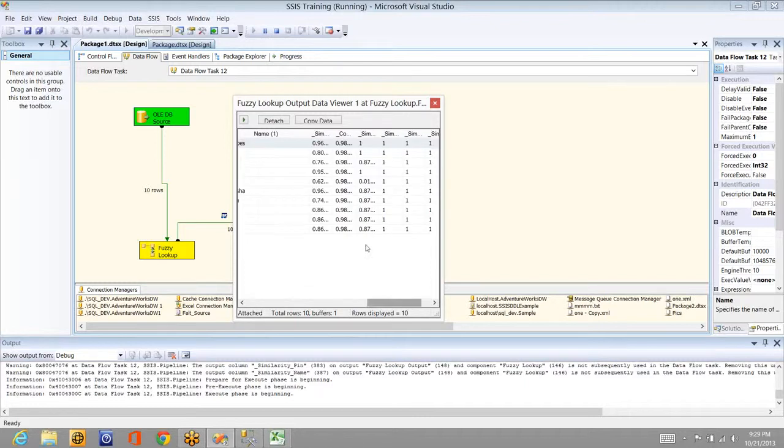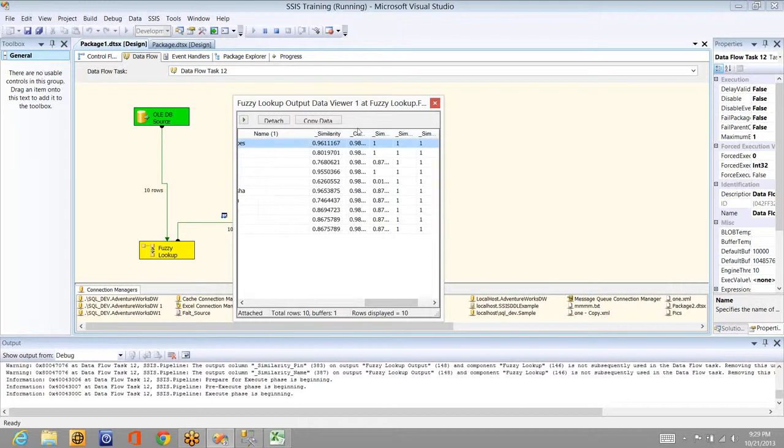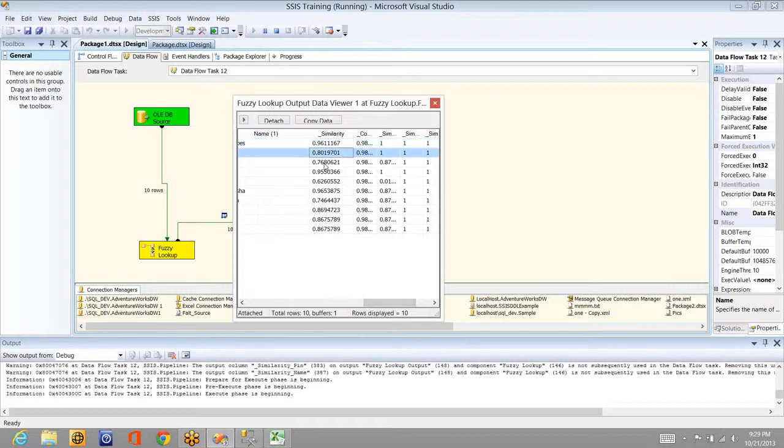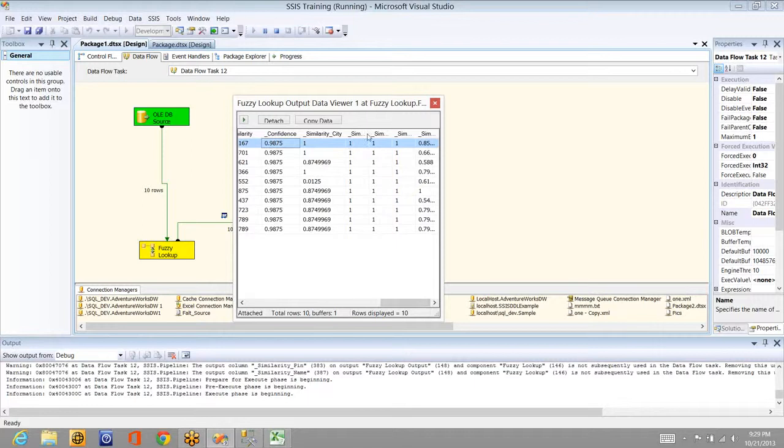Here, for the name, you can see it gives you the similarity percentage. The similarity percentage is 96%: Rupesh, only H is missing. This is 80%, SH is missing. This is one character or 3 characters missing, and so on. It gives you the percentage of how much similarity there is, and the confidence level. And similarity for city, and for all the columns here.